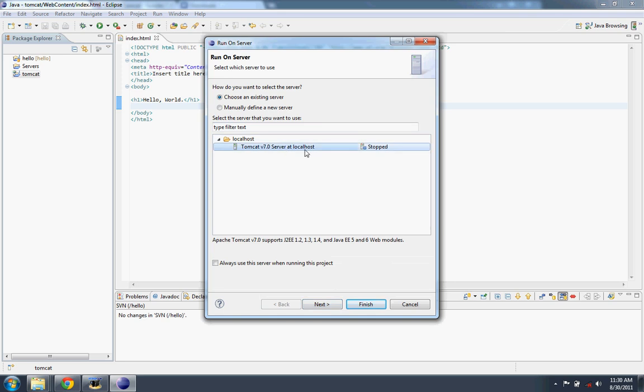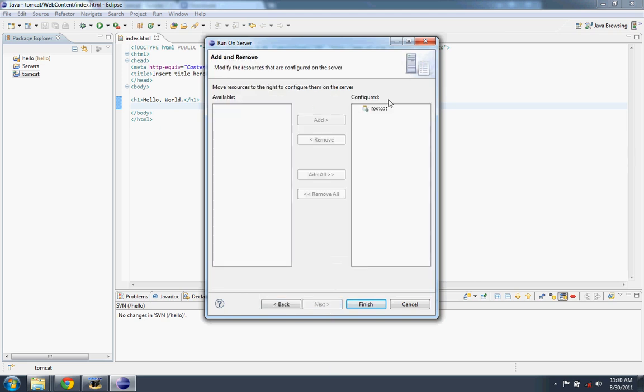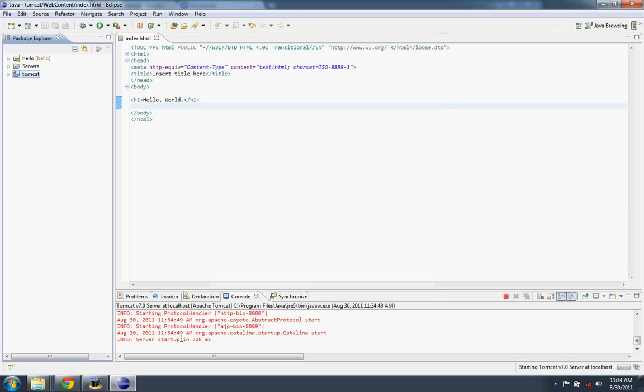This is the server that we created. We checked a checkbox, which is to create an instance of this server profile, and that's what we're going to be using. So let's go ahead and hit next on that. These are the resources that will be configured into the server. We could actually add a number of different folders. So we can add additional folders here, but we're not going to do that. So I'll hit finish, and you can see